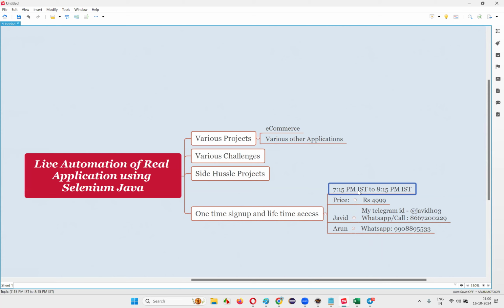So weekend crash courses are fast track courses. If you're already part of the training, you don't have to register again for the weekend. Weekend is already available for the training people. Only for the live automation detail sessions, that is a separate enrollment. For all the remaining trainings, you can directly attend if you're already part of my current batches. No need to worry.